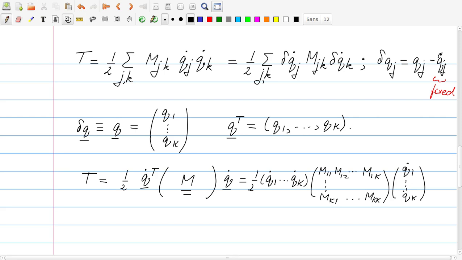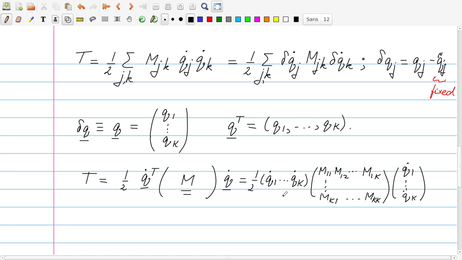Half times q dot transpose, that's the row vector, multiplied by the matrix and then multiplied by the column vector q dot. If I write all the elements out, I see something like this: half times the row vector, here you see the components, then the matrix elements of the matrix M, and here the column vector. If I multiply a matrix by a column vector, the result is a column vector, and if I take the product with the row vector, I get a number,